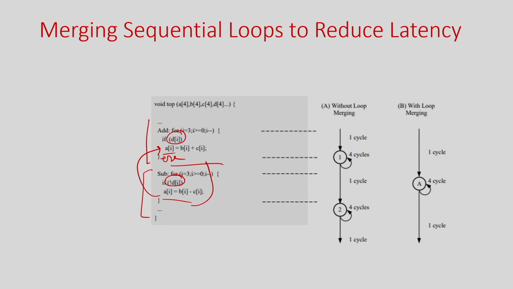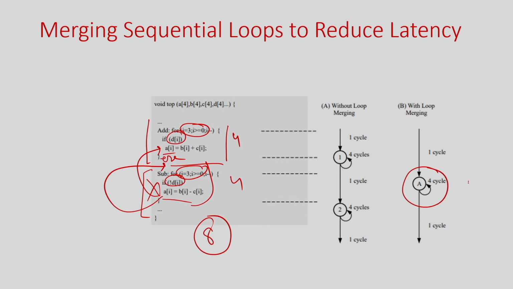But if you do not do this, how many cycles is it taking? This loop runs for 4 cycles, so it will take 4 cycles, and in total it will take 8 cycles. Okay. But now I understand that either this will execute or this will execute. So I can just remove this loop and put this as an else part, and I have only a single loop, right. So now it will take 4 cycles.